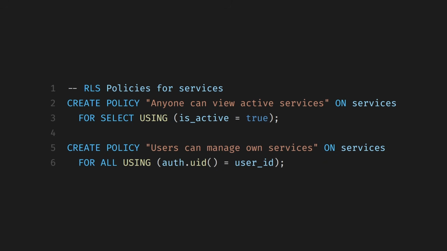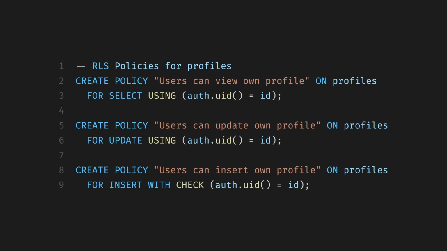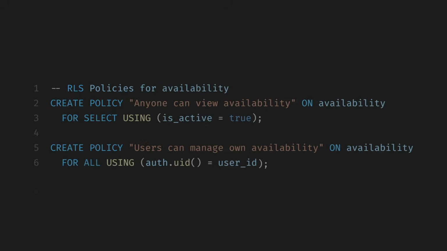That's for customers. But when it comes to creating, updating, or deleting, we add a policy that checks auth UID equals user ID, which basically means the logged in user's ID must match the owner of that service. If it doesn't match, access denied. Simple lock system. We'll apply similar policies to all our tables to keep everything secure, like profiles, availability, booking, and